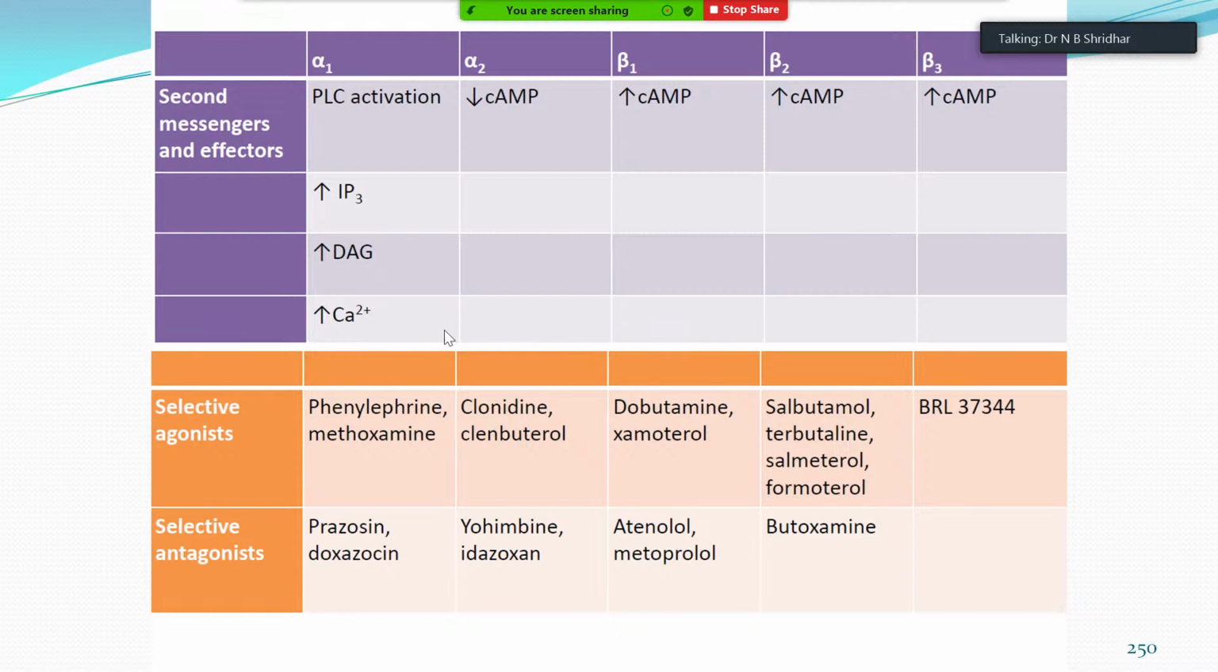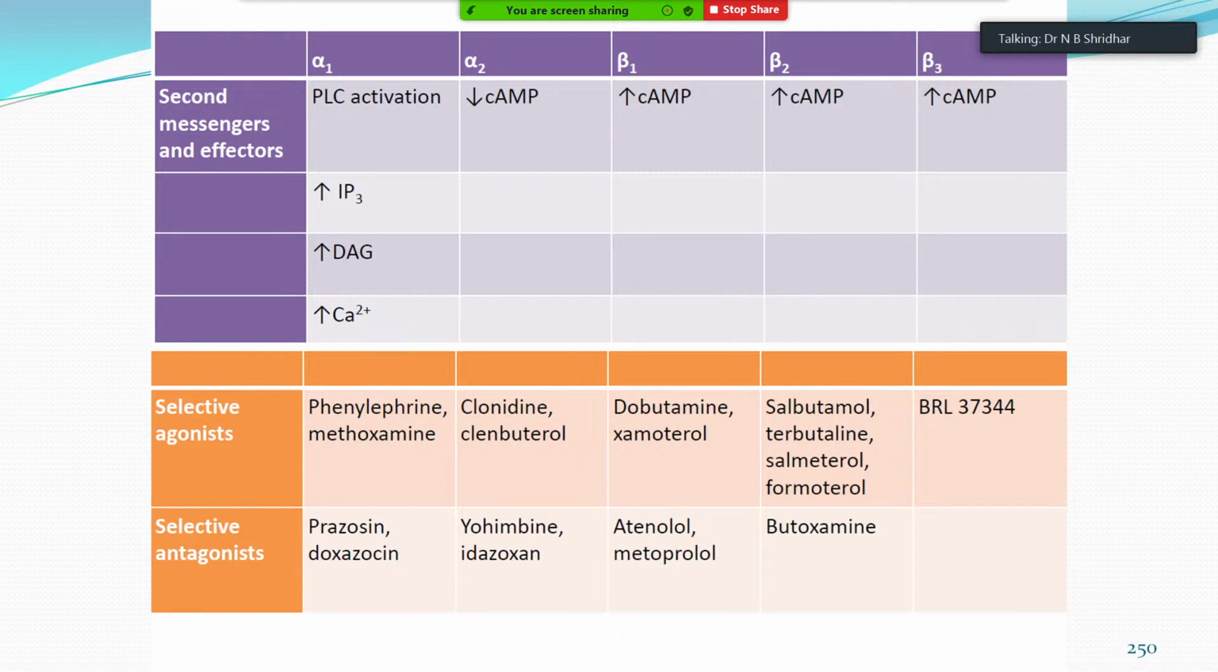Whereas the selective agonists, so please remember, selective agonists and selective antagonists are very, very important. Alpha 1 selective agonists are phenylephrine and methoxamine. These are the two classical examples. Apart from this, so many are there. Whereas the selective antagonists are prazosin and doxazosin. These are the selective alpha 1 antagonists, whereas the selective alpha 2 agonists are clonidine and clenbuterol, whereas yohimbine and idazoxan are the alpha 2 adrenergic antagonists, whereas dobutamine is a very specific beta 1 receptor agonist,